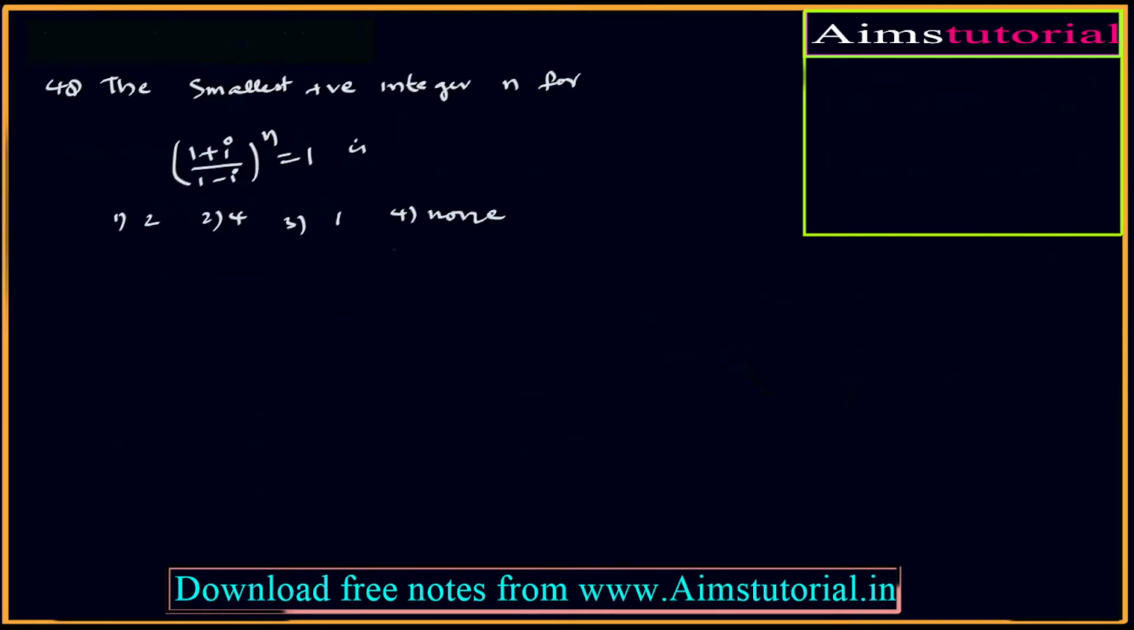This question is very important. The smallest positive integer n for which (1 plus I by 1 minus I) whole power n equals 1. Options are 2, 4, 1 and none. So here we know that, note, write down